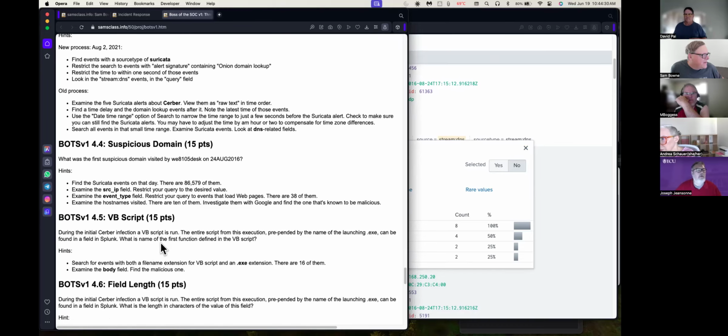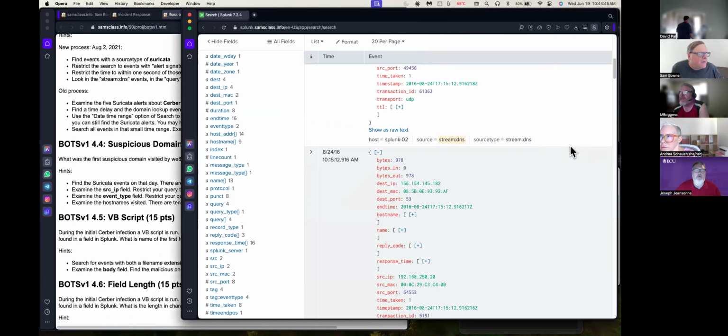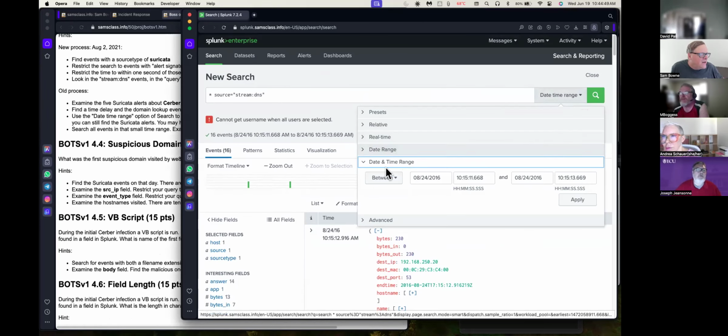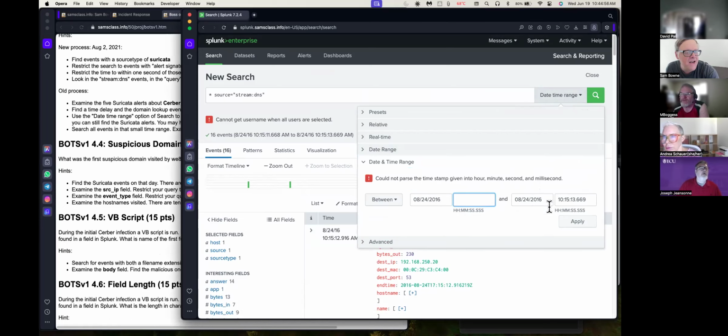All right. And now we want to find what domain was visited by this desktop on this date. So I want to find the Suricata events on that day. So let's go back to here. I'm just going to go here and do 824. I'm just going to clear this out. Instead of being just a 2-second period on that day, I want the whole day. So I think if I just clean those out,